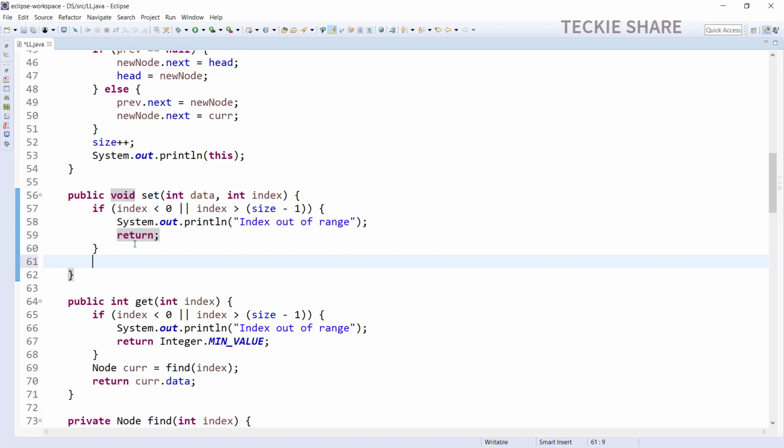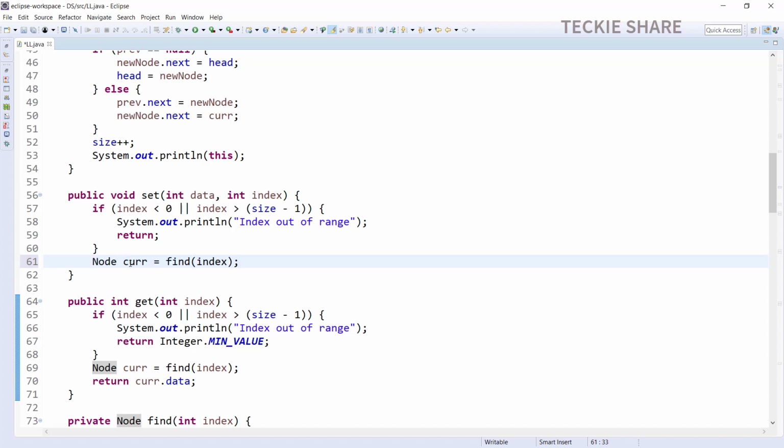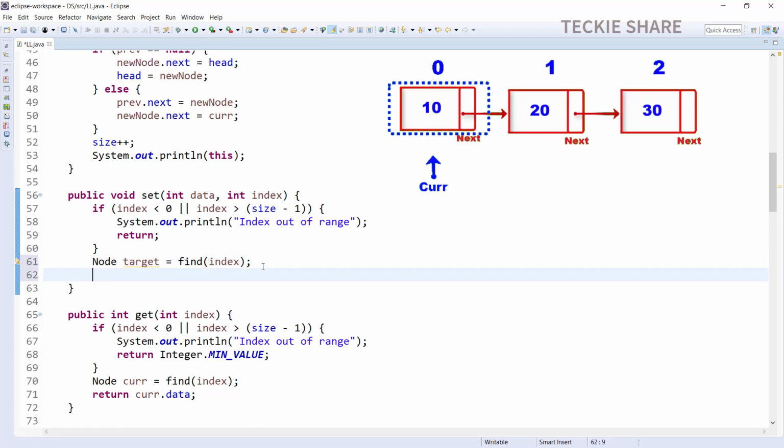Okay, that's it. The next step is I have to find the target index data. So I'm just copying the content from here and pasting it into my set method. Once I found the target data, I have to set the data value which I have passed in this set method. Let me take this example. Suppose I am setting the data in the second index position.